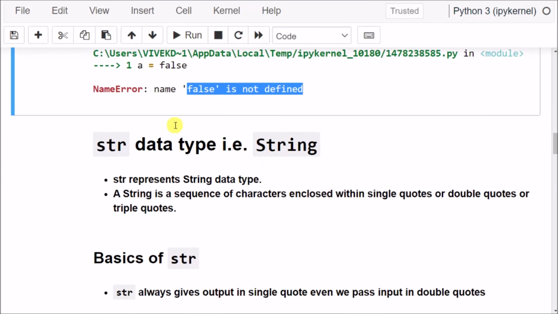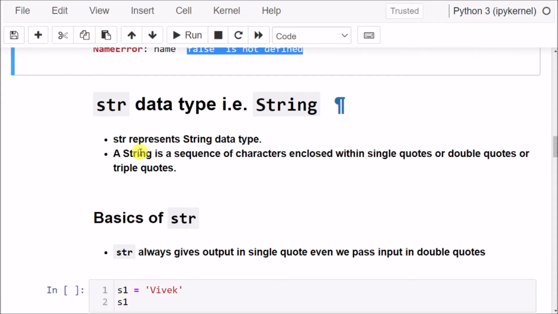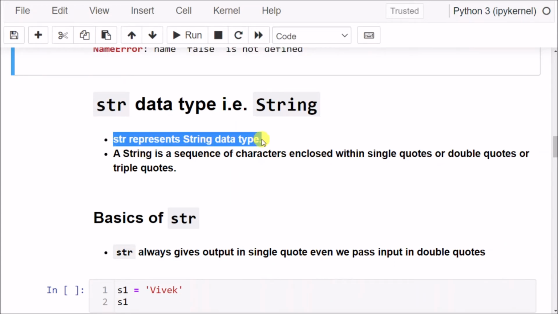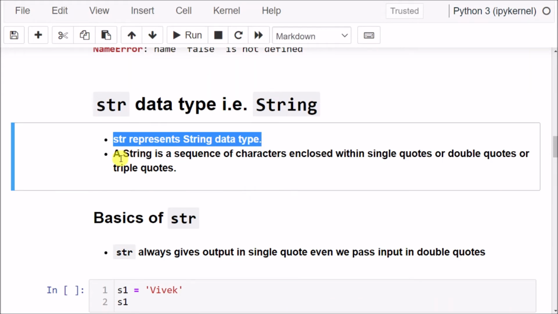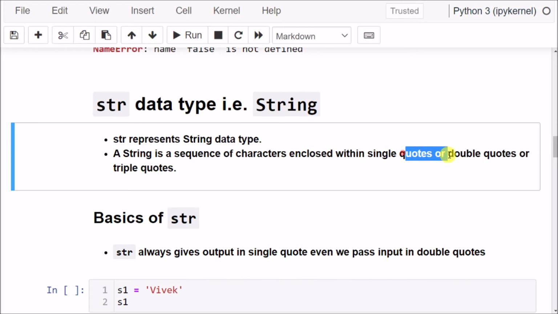So now we'll discuss the string data type. These are the basics of the string data type, because string is a very big topic, and we'll discuss it in a later video. So str represents the string data type, and we can create a string variable by assigning the value within single quotes, double quotes, or triple quotes.